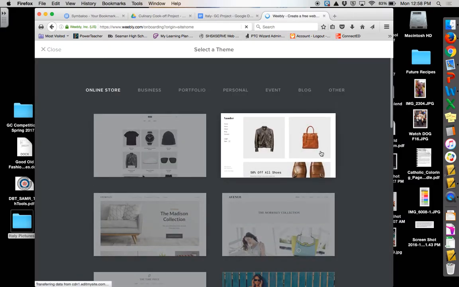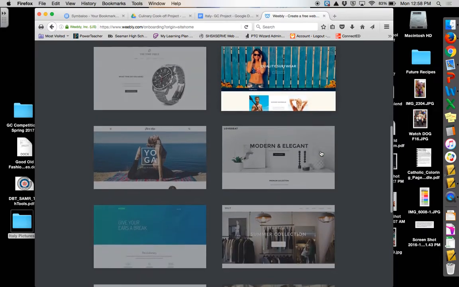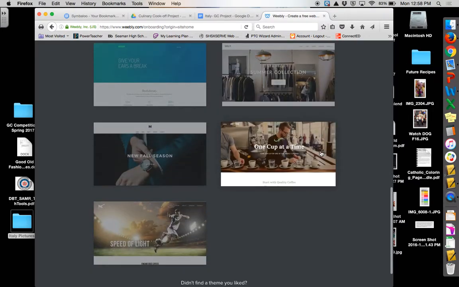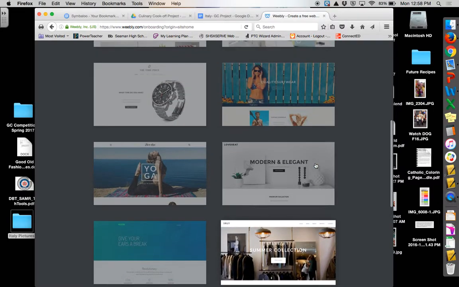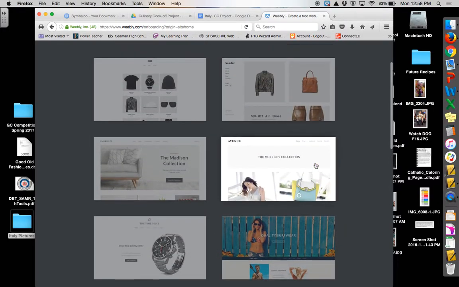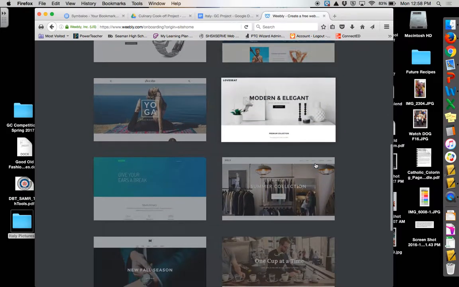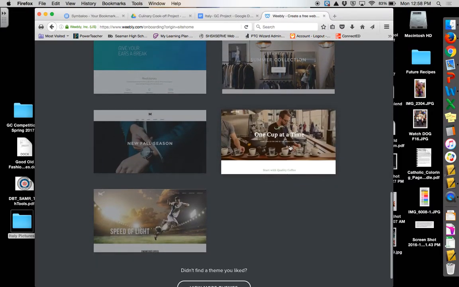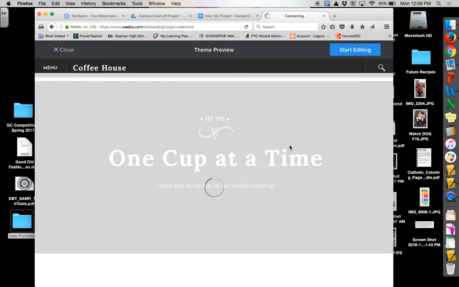and it will give you the option to pick from a couple different templates. So scroll through, don't spend a ton of time doing this, and pick one of the templates that you think looks good. You can change them later, but I would really just pick the one that's close enough here. Know that you're going to be able to change the pictures, etc. as you go. So I'm going to select this one right here,